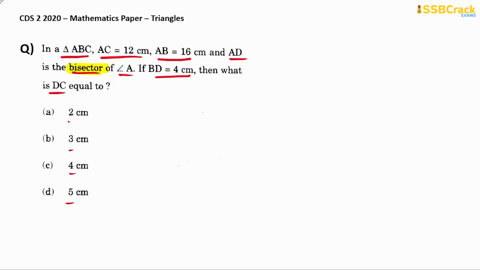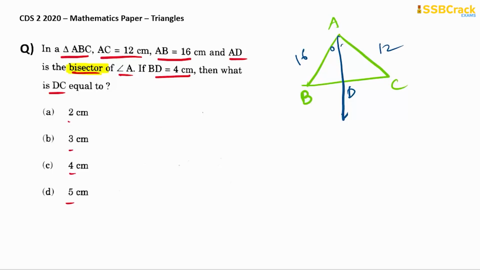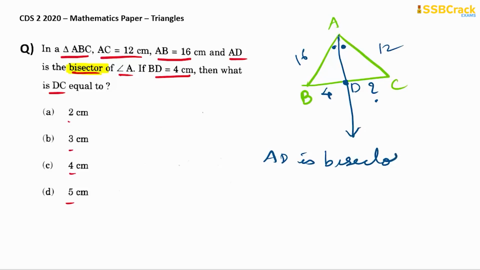So let me recall that for you so that we can easily get the answer to our question, that is the length of DC. So we have a triangle here, ABC triangle, alright. So let's name it in particular order, ABC, alright. And we have the lengths provided, so let's mention those. AC we have this 12, we have AB 16 and we have AD to be the bisector. Okay, so AD is the bisector, means it's dividing the angle A into two equal halves. In this triangle, we know that AD is bisector. So we shall use the angle bisector theorem here to determine the length DC.